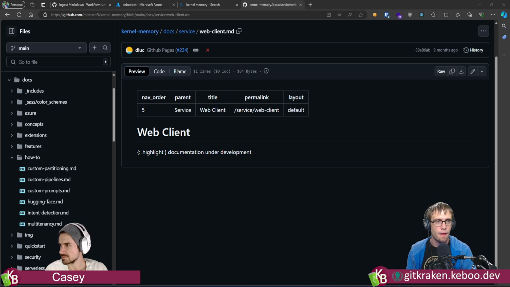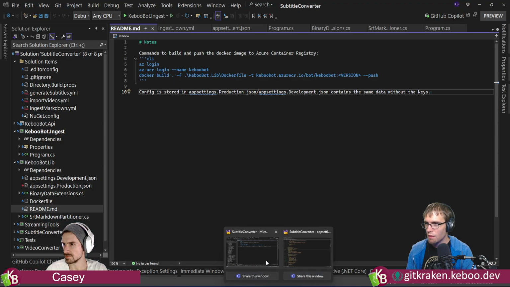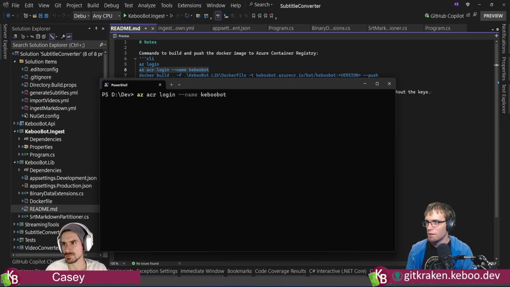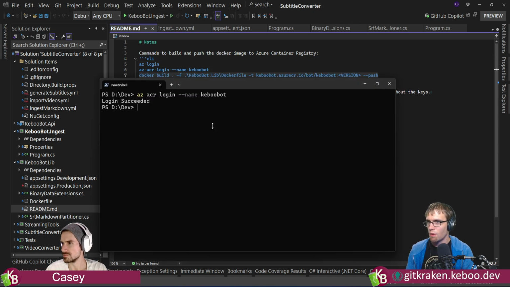Okay, sorry. Azure is thinking about auth and what it wants to do, and I would like to be on... Yeah, see, it was wrong. I wanted to be on 2. Okay. Clear that out. There. Now we can grab from the README. I should be able to then AZ ACR login. Login successful.